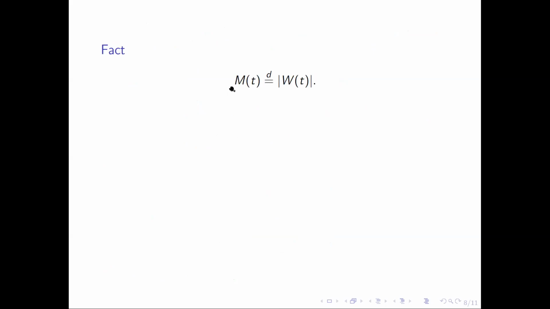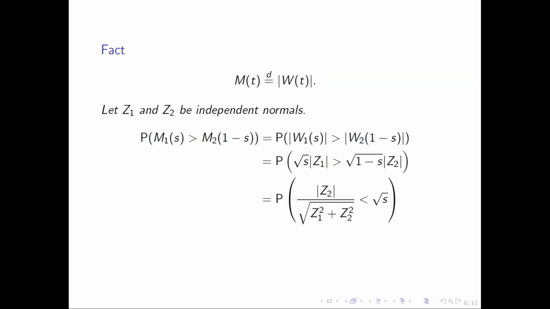Now you use this fact. Again, I'm using the fact that M_T is distributed as modulus of W_T. You remember in the class I already showed that M1, for example, the maxima from 0 to 1, is the mod of W1, which is the mod of a normal random variable. But this is true much more generally, that M_T is in distribution the same as |W_T|. Now let us see what interesting thing happens.